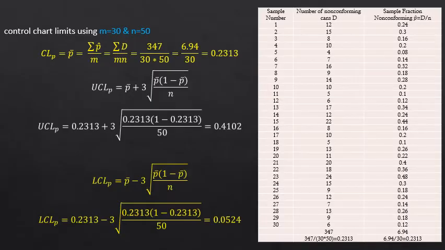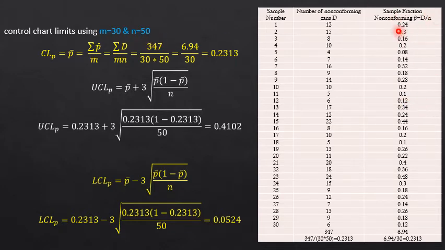Now, to establish the control chart for 30 samples of n equal to 50 cans, each selected at half hour intervals over a 3-shift period in which the machine was in continuous operation, the data are shown in this table, so we are going to use this data. For m equal to 30 and n equal to 50, these two columns, sample number and number of non-conforming cans, are given in the question. With the help of this and for n equal to 50, we are going to calculate p cap,